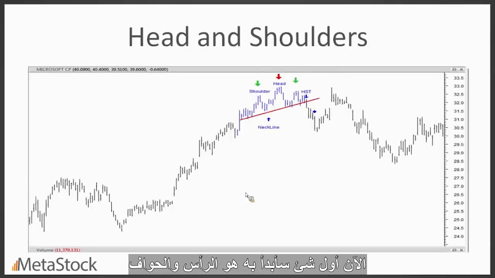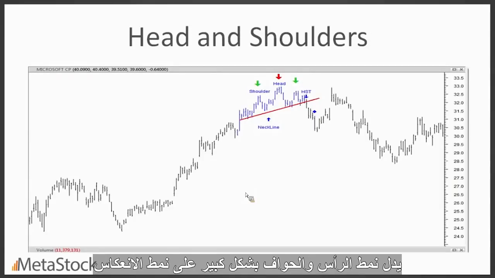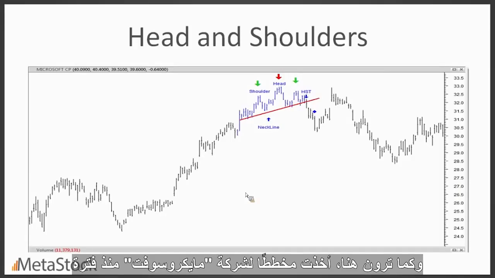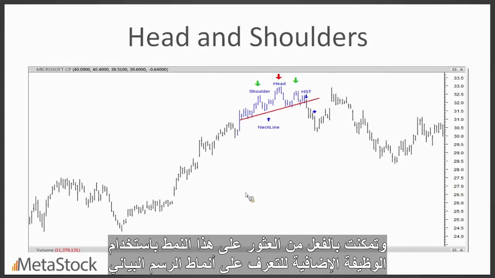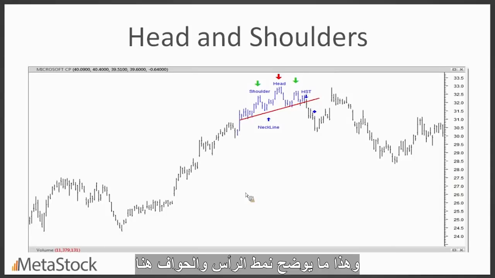First thing I want to tackle is head and shoulders. The head and shoulders pattern is very indicative of a reversal pattern. As you can see here, I took a chart of Microsoft a while back, and I was able to find this pattern with the chart pattern recognition add-on. And what this signifies is the head and shoulders